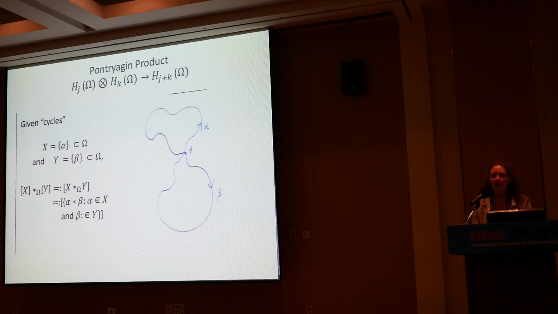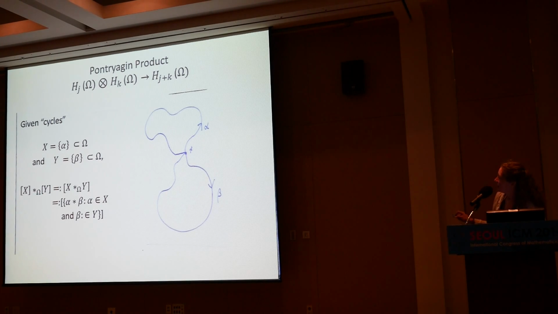So this is the candidate here. Okay, so I'm going to begin with the Poincare product. This is the oldest product. This is a product on the homology of the base loops. Okay, so it's a loop product, in other words. So I'm going to assume that we're given 2 cycles, x and y, and I'm going to pretend that a cycle is just a subset of the base loop space. And so given these 2 cycles, then the Poincare product